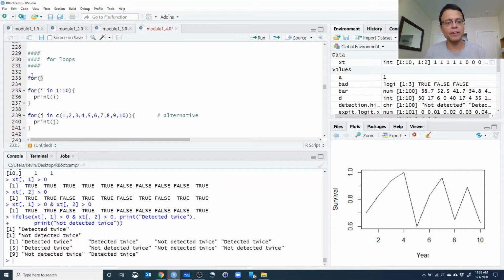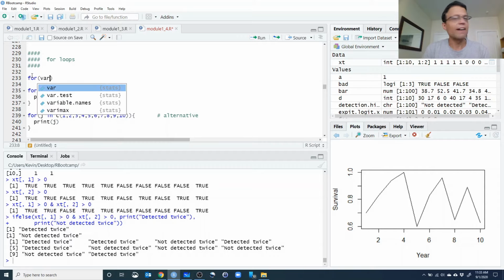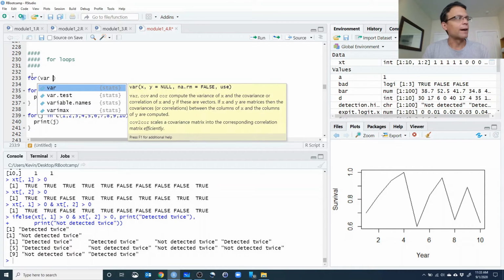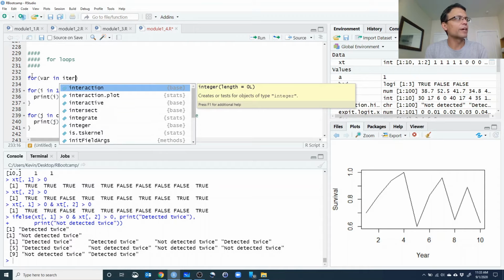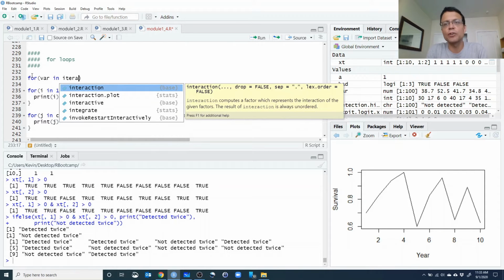It's a placeholder variable. I could use i, I could use var, I could use anything. And then you use the term in, all right? And we'll explain what's going on here. But then we have something called an iteration vector. And this could be anything. So I'll call it